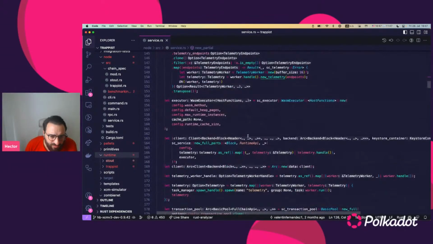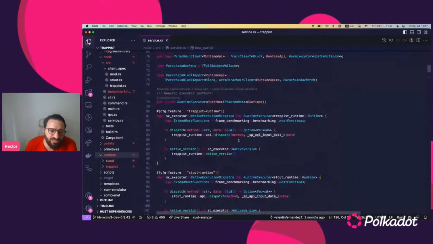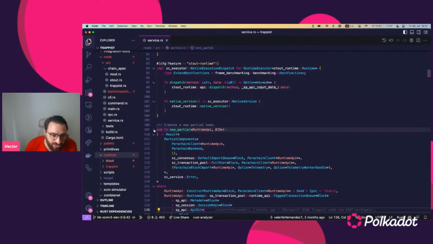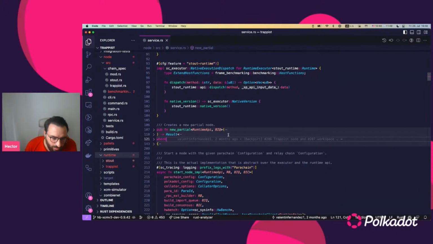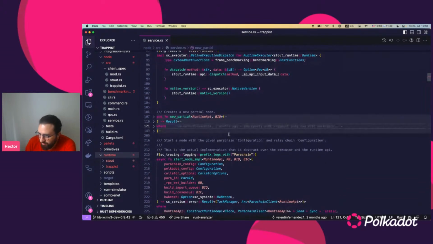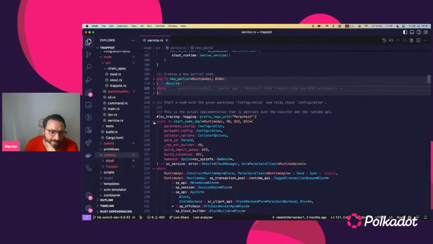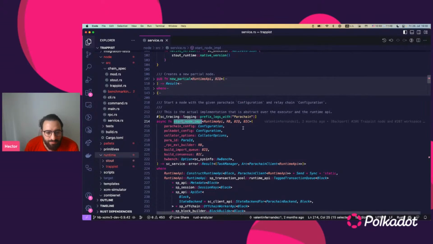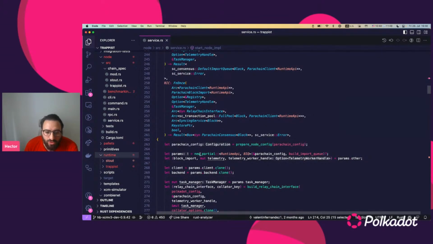And for example, there are also some differences in this file. So you have the new partial, which is very similar to the one we saw before in the node template. Then you have this start node impl. If you start reading it, of course, it's calling the new partial. Basically it's getting those minimum needed requirements to start your node,